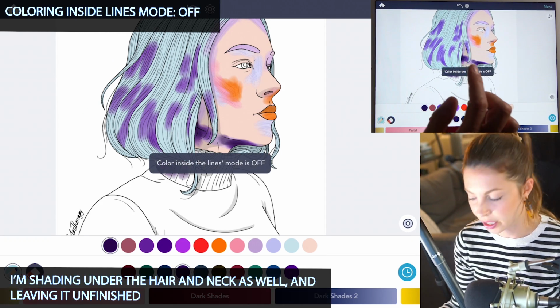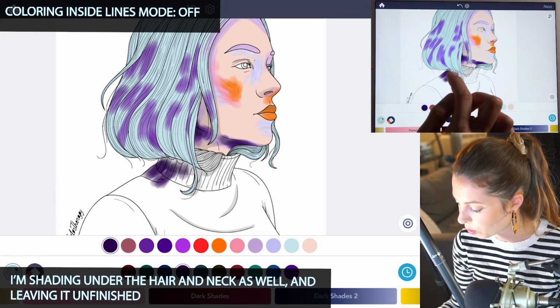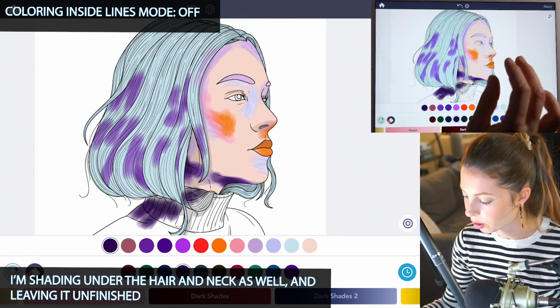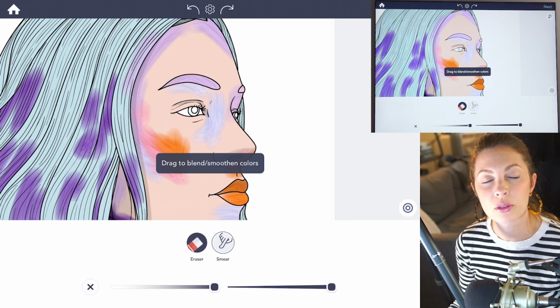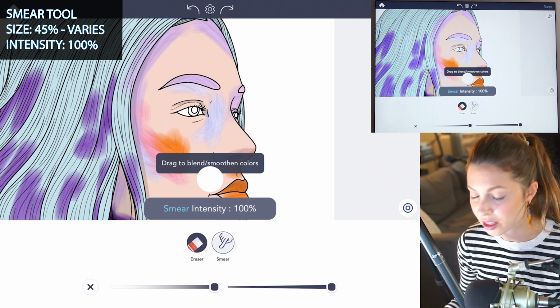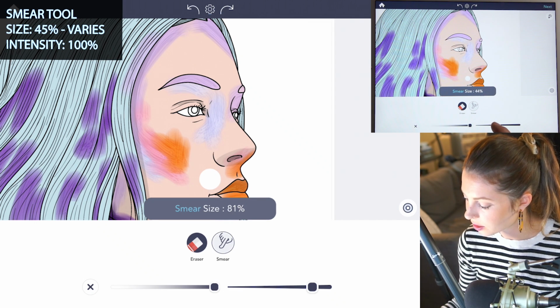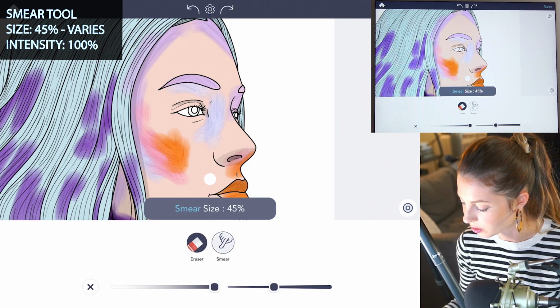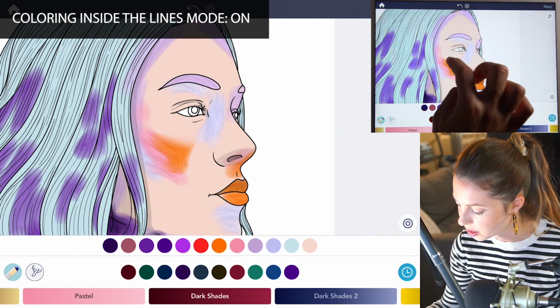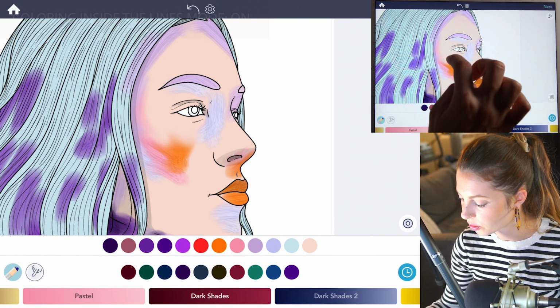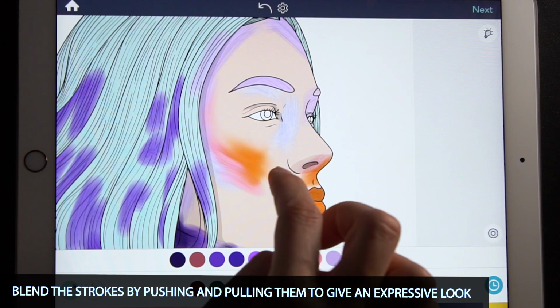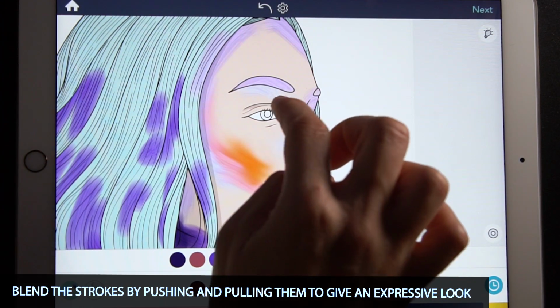I'm gonna turn coloring inside the lines mode to off. I'm just gonna ignore whatever is going on there, kind of make it our own portrait. Now you want to use a smear tool frequently in layers, so set the intensity at 100, and the size can vary. I'm just going to start off with size 45, and I'm just going to be blending and smearing and pulling those strokes, because you want to have sort of an expressive look to it,